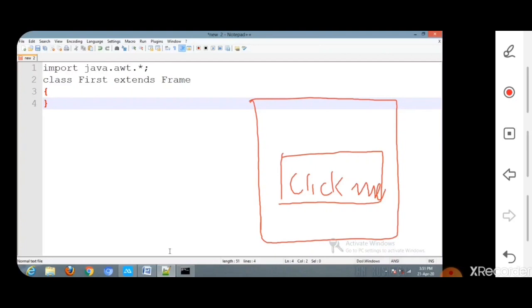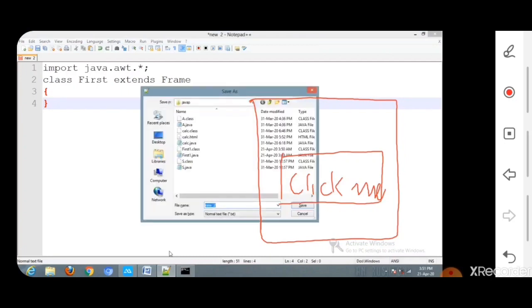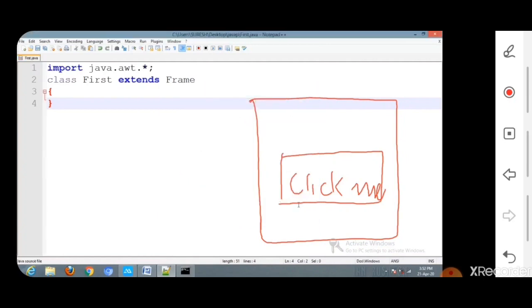But the simple way is to create a single class which contains all the methods including the main method. So the program can be saved as first, because in this class we are going to define the main method also. So save it as first.java.